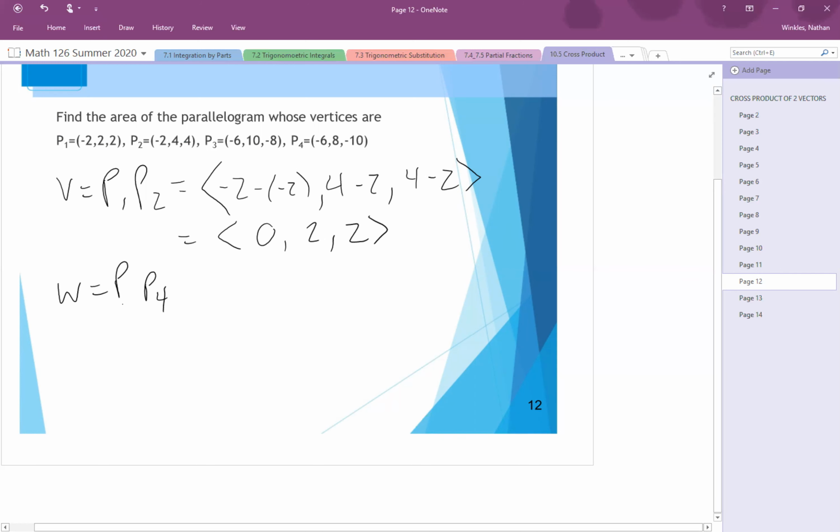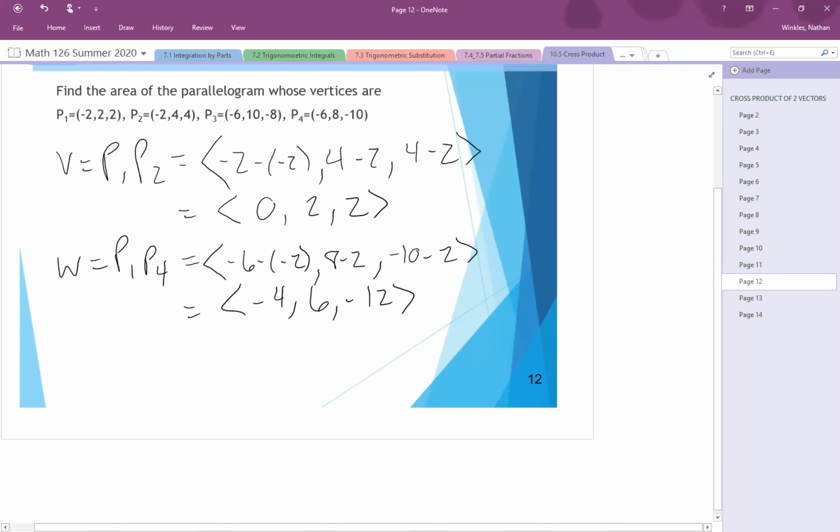I'm sorry, that's not right. It will be P1, P4, because in a parallelogram we need the same exact point to get over there. So therefore, it's going to be the vector -6 minus -2. It's going to be 8 minus 2 and -10 minus 2, which gives us the vector -4, 6, -12. So then the area of the parallelogram of V and W as adjacent sides is defined as